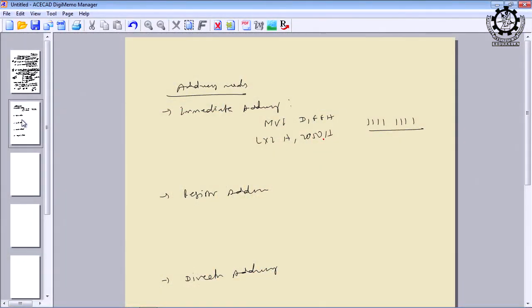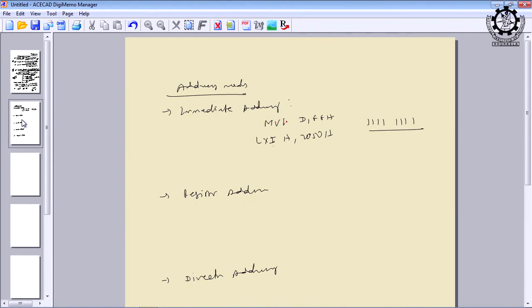Can I say it is immediate addressing? Here 2050 is the data, 16-bit data loaded into the register pair HL. And how to know it is immediate addressing? One way is that you can observe the syntax. I is written, but in many immediate addressing instructions I need not be written. But here in 8085 they are exclusively showing that for immediate addressing we should use I. So, MVI move immediate, LXI load immediate. Am I clear? So, this is what is called immediate addressing.